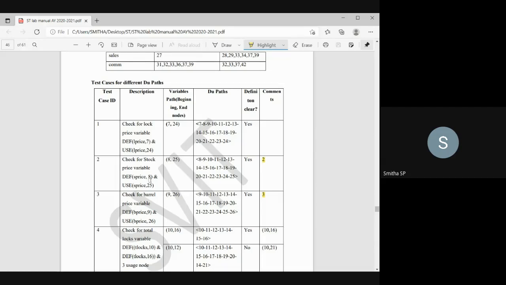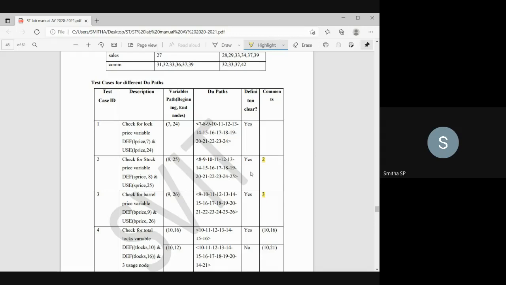Then coming to the second, similarly, stock price is defined at node 8 and used at node 25. So the variable's path, the beginning and ending nodes, are 8 and 25, and you need to write the path, that is, the control flow, from node 8 until node 25 in the DU path column.